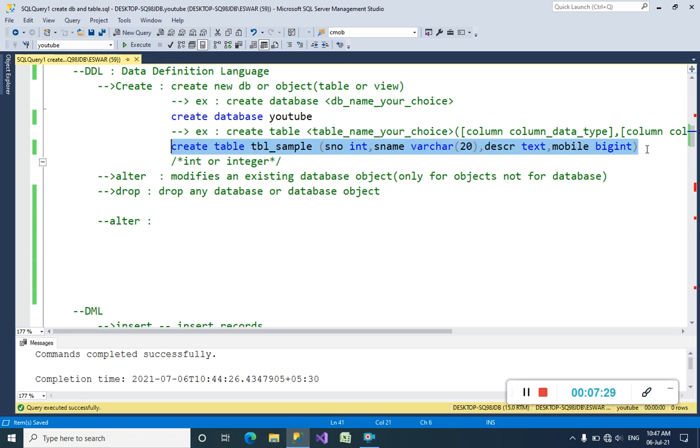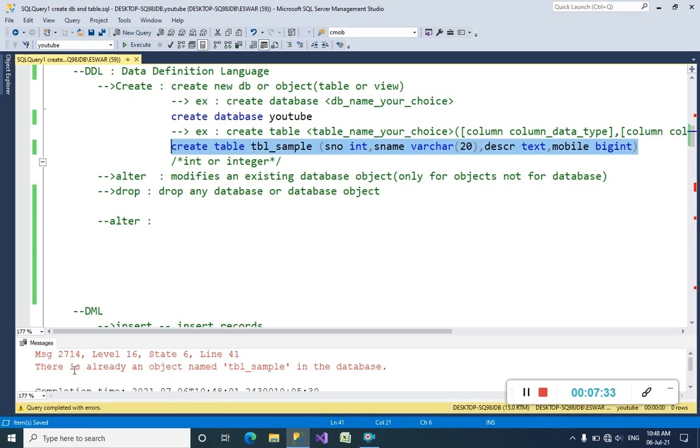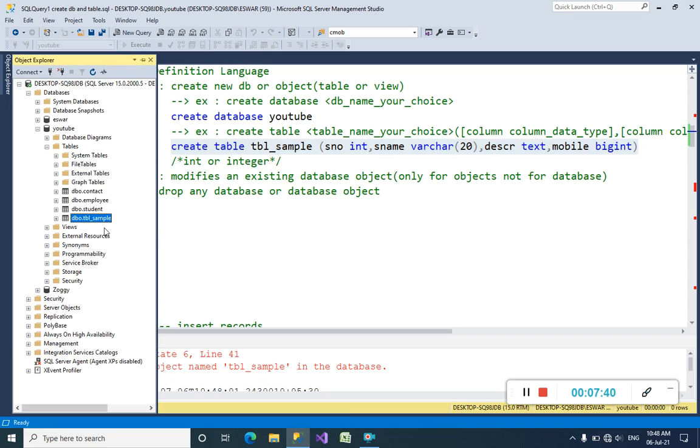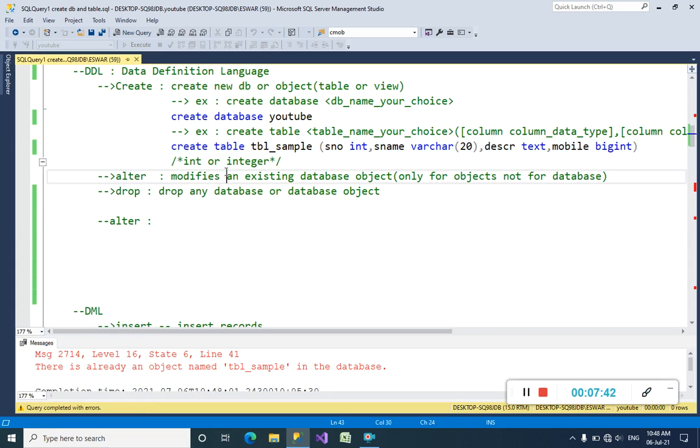So I'm going to select it and execute it. There is already an object named tbl sample in the database. The sample table already exists here. That's how you can't create the same table with a different number of columns or different names of columns.